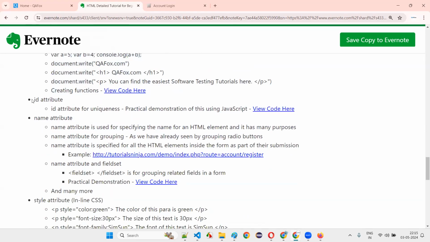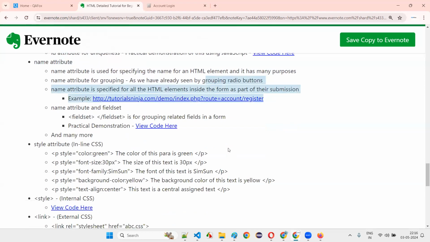Similarly, you have to understand the purpose of the ID attribute. Don't worry about the JavaScript code, only the purpose of the ID attribute. For that reason, I have written the JavaScript code, but don't worry about whether you understand it or not. That's a very big subject. We cannot go there now. Name attribute, you understood the purpose. That's enough. Maybe there may be other things also, but these two are the main things that you have to learn about the name attribute. And coming to the style attribute,